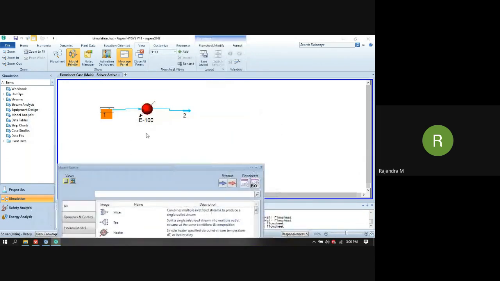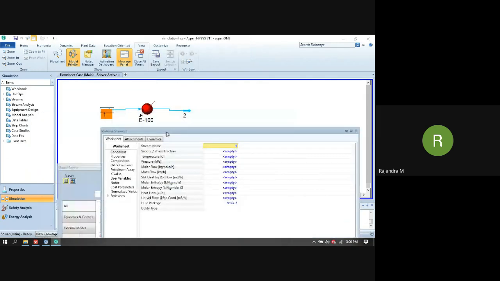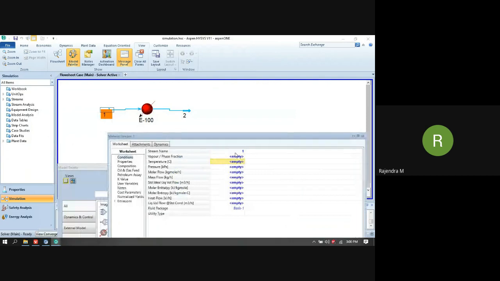So we can connect this inlet stream and outlet stream to this block. By default, we have the name of this heat exchanger as E100. In order to input the data, you have to open stream number 1. We can change the stream name by typing over here. You have to provide some basic data in order to converge the stream.